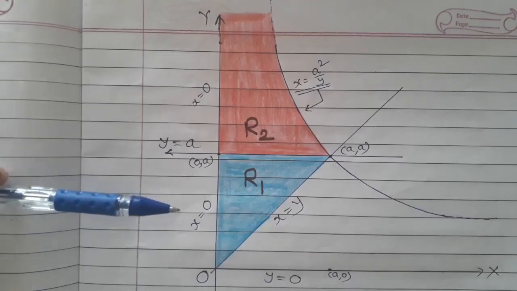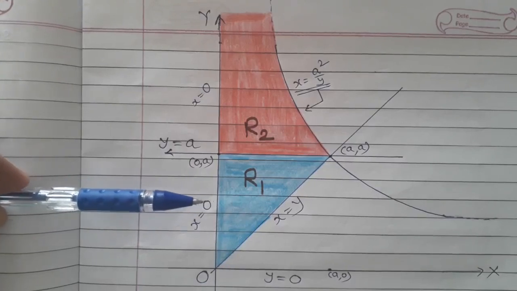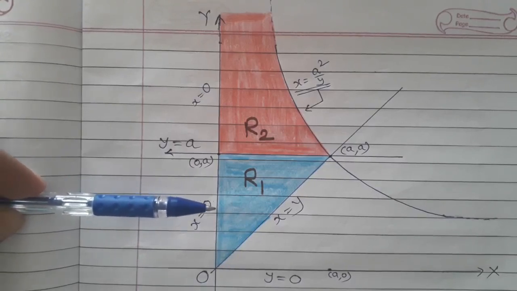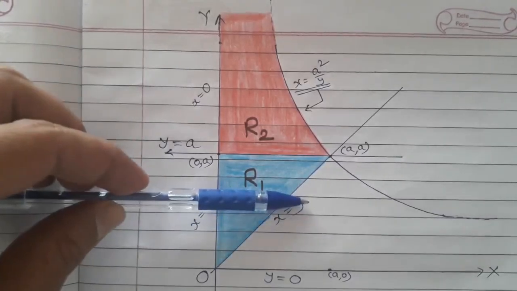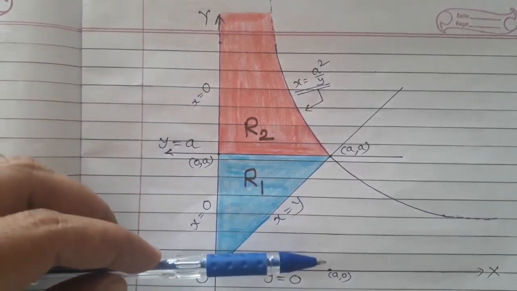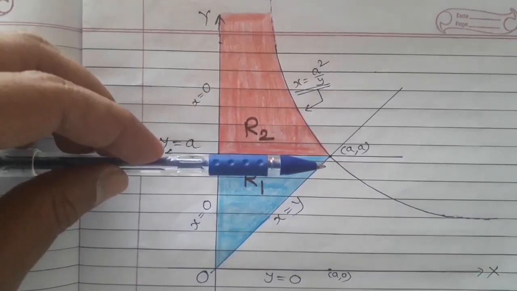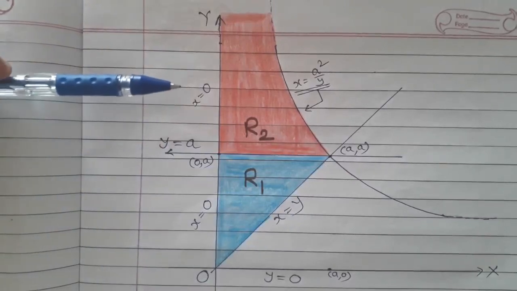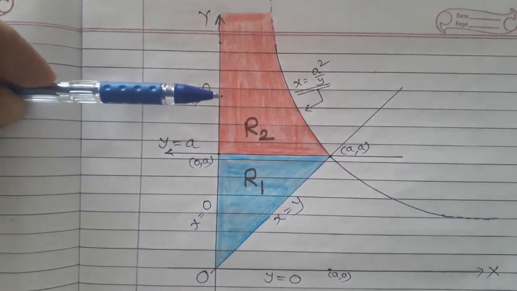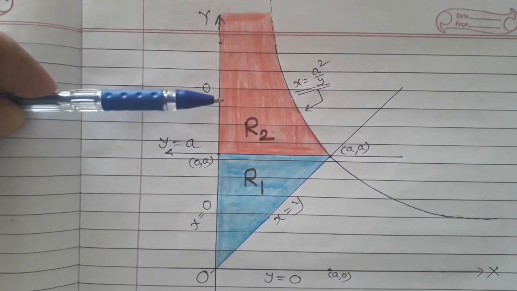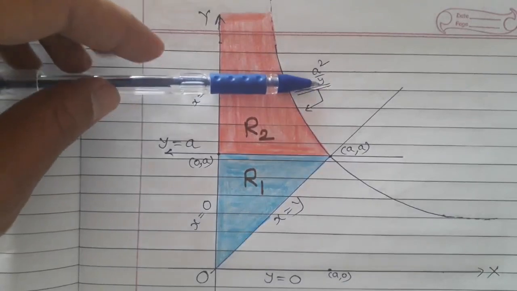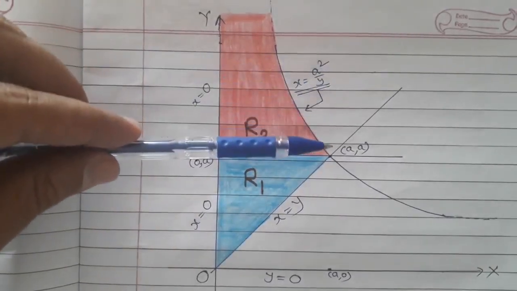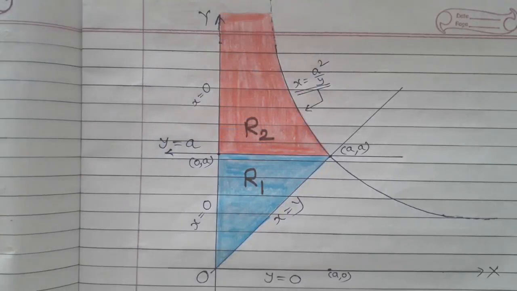We will check the earlier limits. See that the bullet horizontally enters here into the blue color through x equal to 0 wall and exits through x equal to y. So x equal to 0 to x equal to y, and range for y is y equal to 0 to y equals to a. That are for R1 region. For R2 region, again the bullet will enter into the orange color through x equal to 0, and it exits through x equal to a square by y. So x equal to 0 to x equal to a square by y are the limits of x, and y equals to a to y equals to infinity are the limits of y for the R2 region.